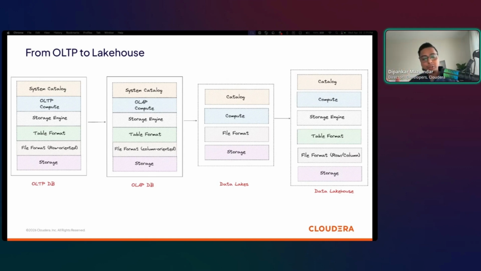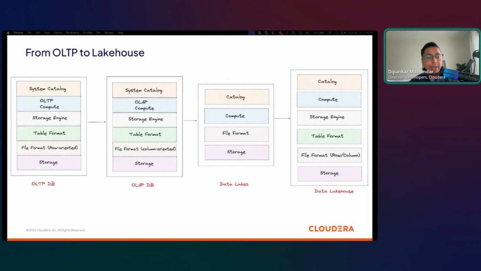Now, moving to the OLAP systems or data warehouses world, which were primarily for analytical workloads, you will see the exact similar components, right? The only difference is probably that the file format has changed from row to columnar, but again, everything remains bundled. And that bundling is critical because it means formats are proprietary and tightly coupled to a specific compute engine, right? So once your data is inside those data systems, you're kind of locked into that system, which was only accessible within their own compute, right? And I'm so happy to see this image changing in recent times, which is really amazing to think of, right?